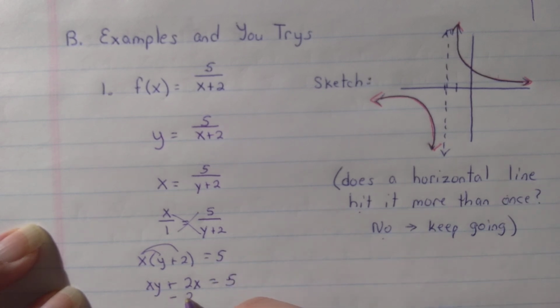I'm going to subtract my 2x to the other side. Remember, we're trying to get y all by itself. And now I'm going to divide both sides by x. So y is equal to negative 2x over x, which reduces to negative 2, and 5 over x is 5 over x. And that is my inverse